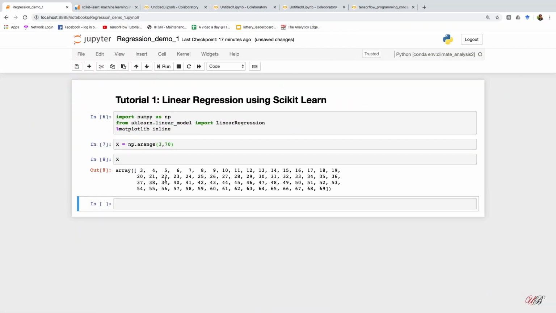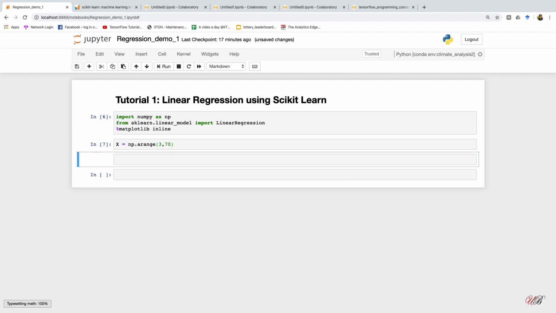Okay, so x is an array here. You see that it has numbers all the way from 3 to 69. Now since this is toy data, I want to generate a y which I know is a linear function of x, but I will generate it in a way that I want to have an equation which looks like